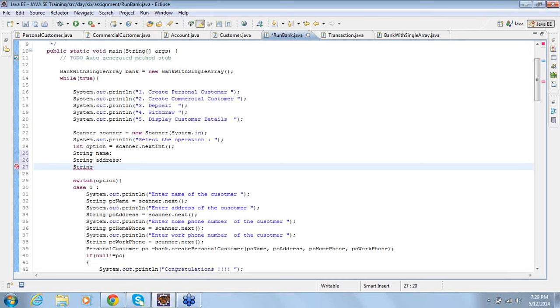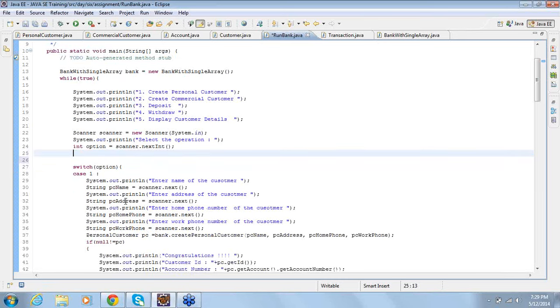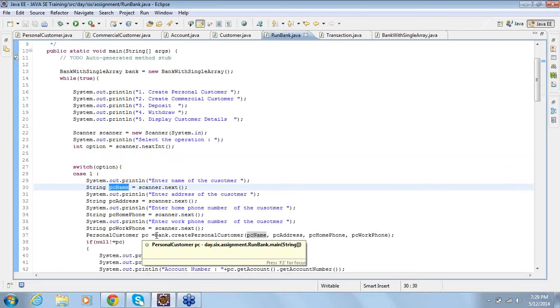Now if you see here, you entered some name, and that name is stored into this variable called PC name. All those data you stored into an array already, the personal customer object, and that personal customer object is added to the bank array.